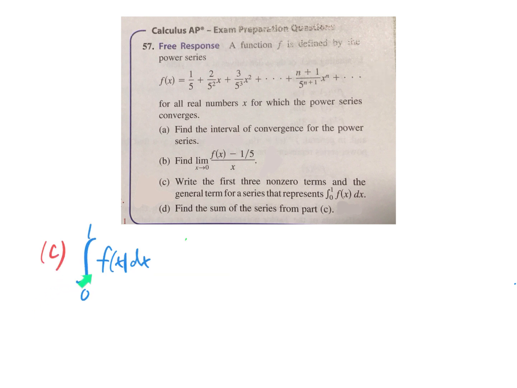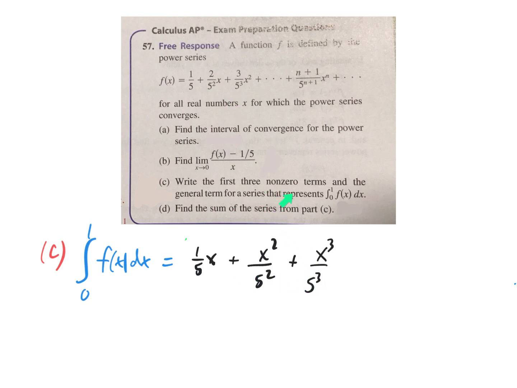For part C, we need the antiderivative of f, at least the first three non-zero terms. So let's go ahead and do it again on a term-by-term basis. The antiderivative of a fifth is a fifth x. The antiderivative of this x term is going to be an x squared term. The antiderivative of the third term, and we can keep going that way, but we only need the first three